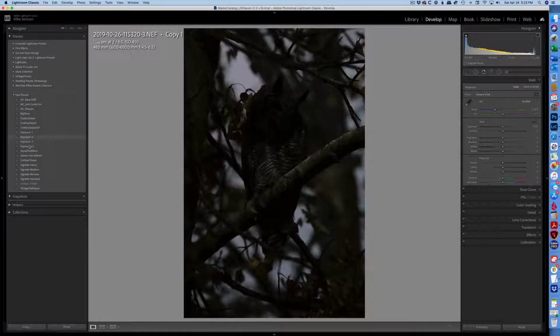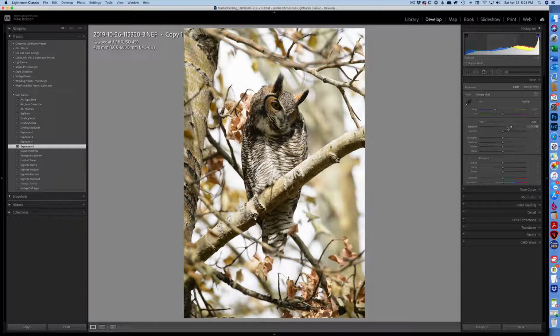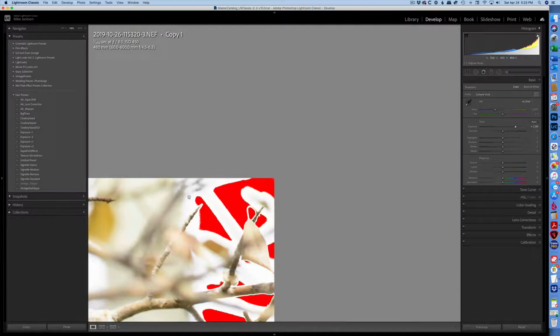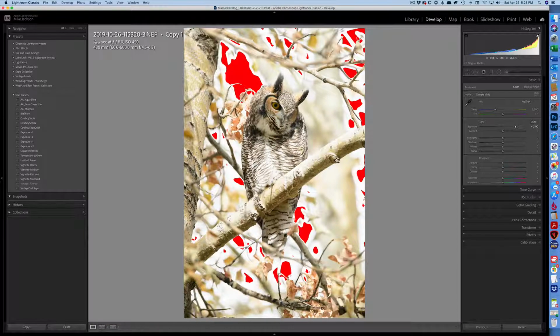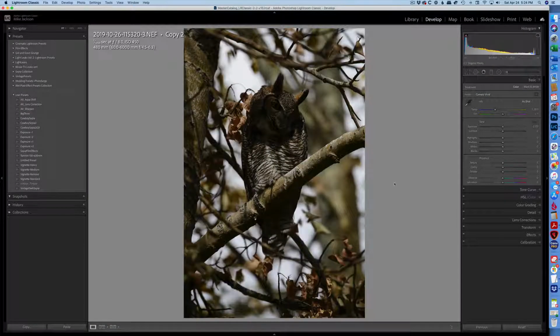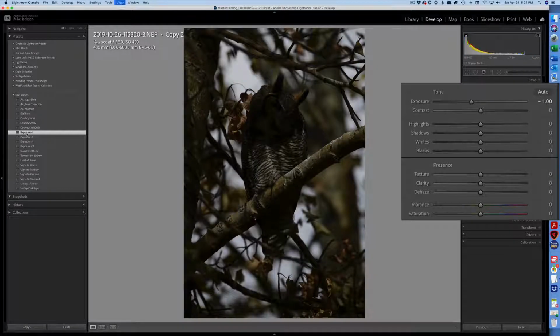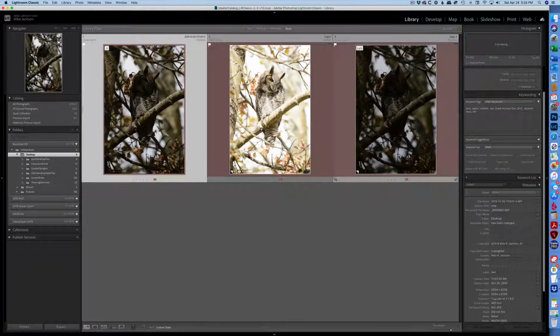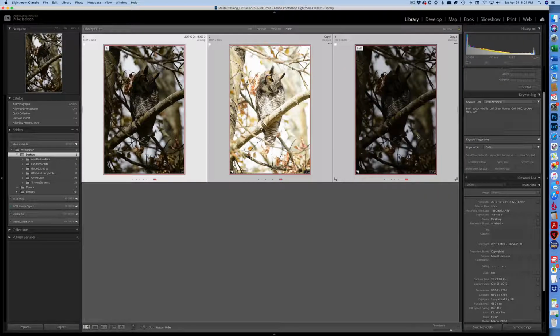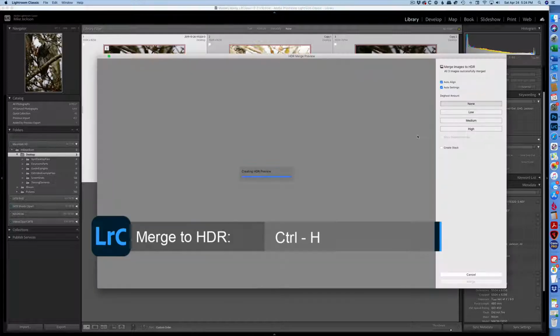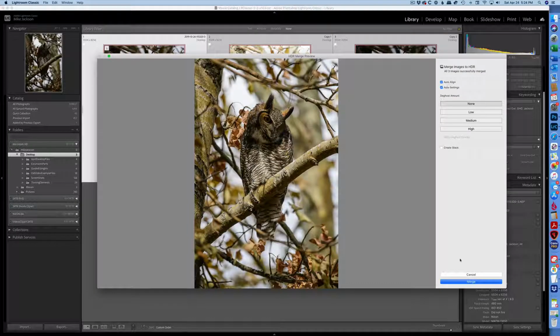I'm going to go +2, and remember I wanted to go to 3, so I just have a preset that's set to 2, but I'm going to go ahead and bring that up to 3, and then I'll go to the next image, and I'll hit -1. G for grid, select the first one, select the last one, Control H, that brings up the HDR dialog box, Merge,